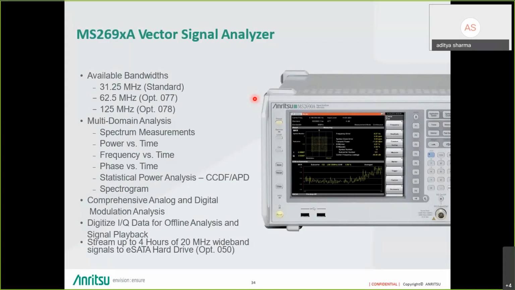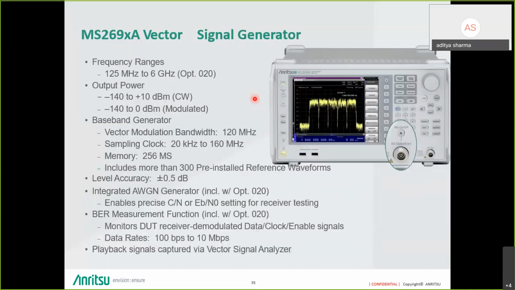Signal playback is there. The best part about this instrument is it can stream up to 4 hours of 20 megahertz bandwidth signal into an eSATA drive. It can stream directly without any loss of data. Along with that, it also again has a vector signal generator up to 6 gigahertz, starting from 125 megahertz. Output power is minus 140 to plus 10 dBm for continuous wave, and for modulated 0 dBm. Baseband generator, we have